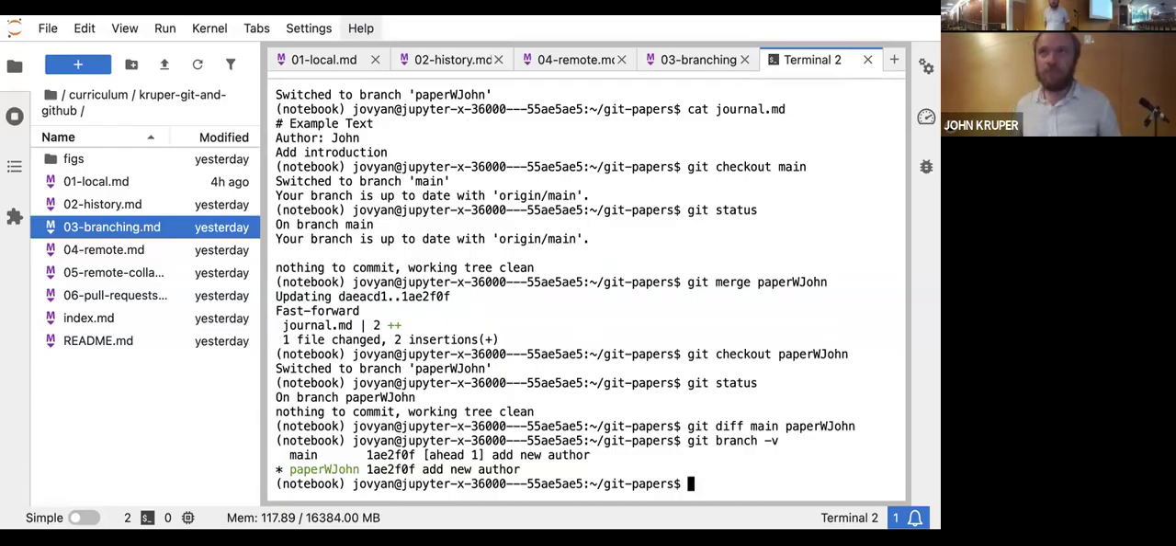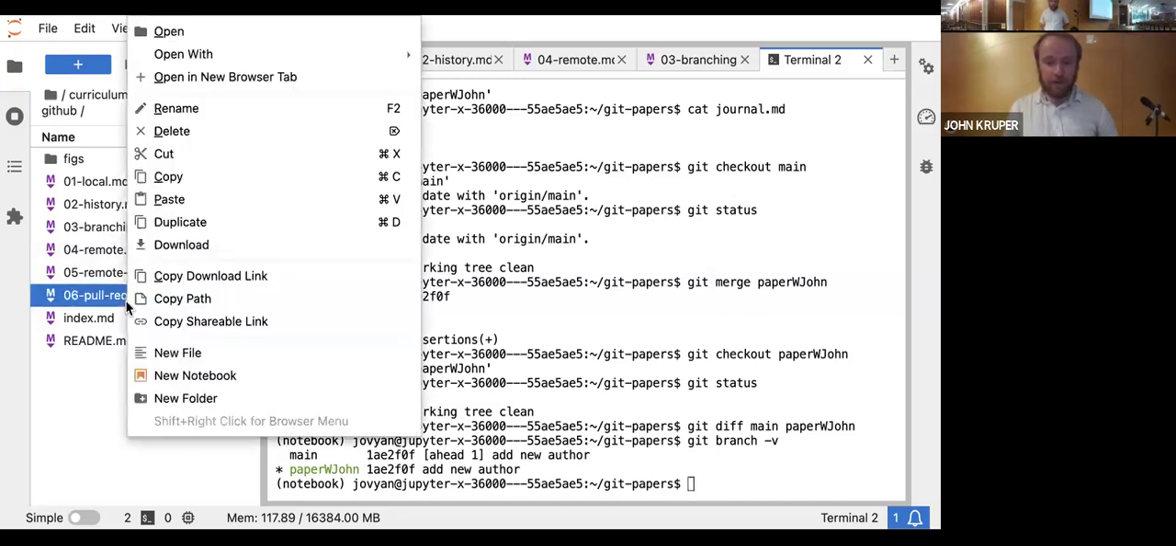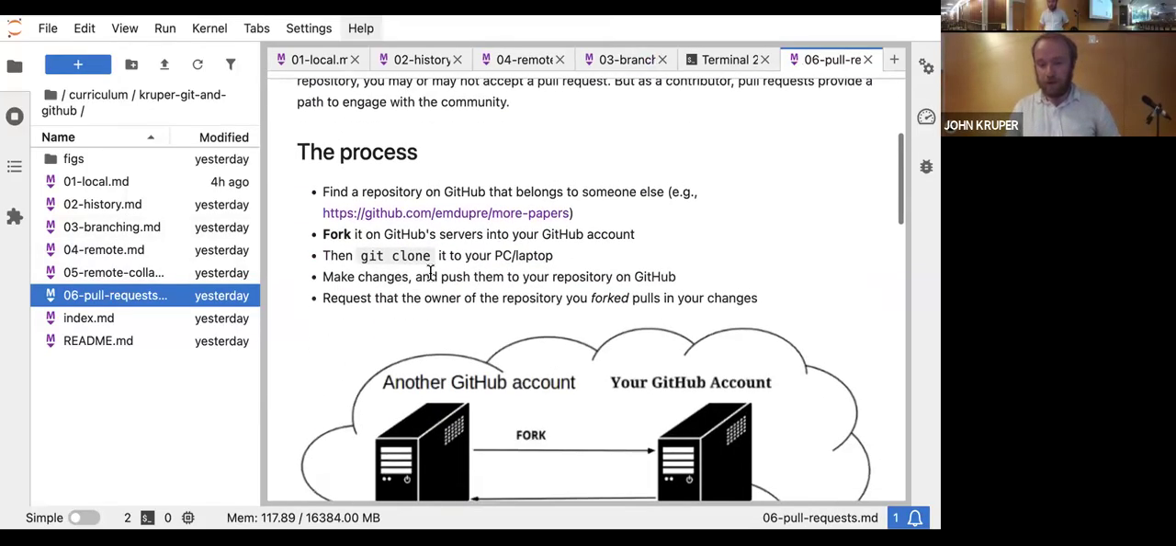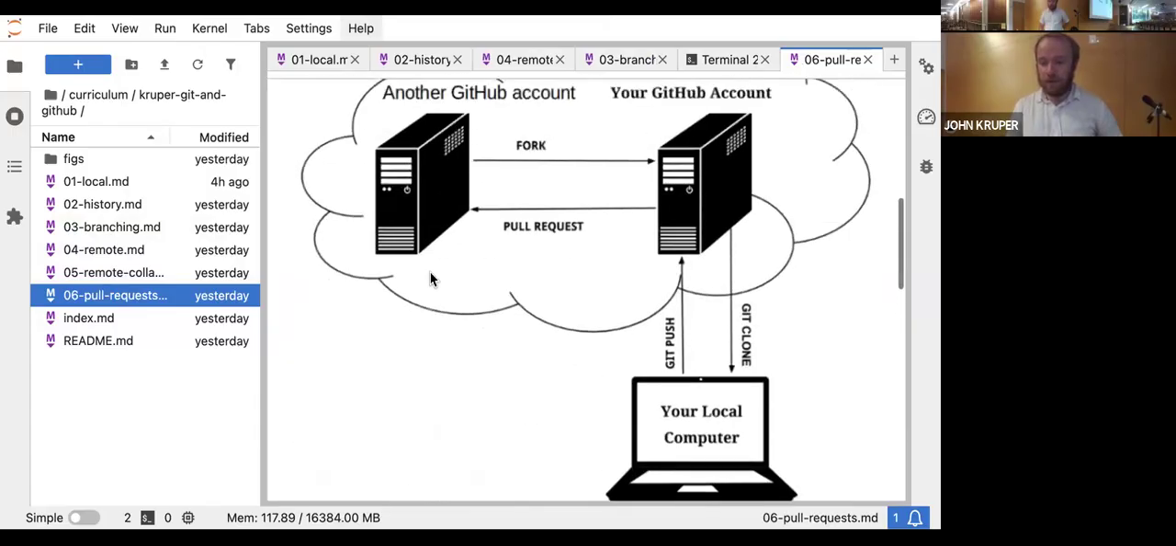That's a very useful command. Yeah, and if you want to compare two branches, I showed you this git diff command. There's also this MD down here, which I don't think we'll get to today, which is 06-pull requests. And this should explain,